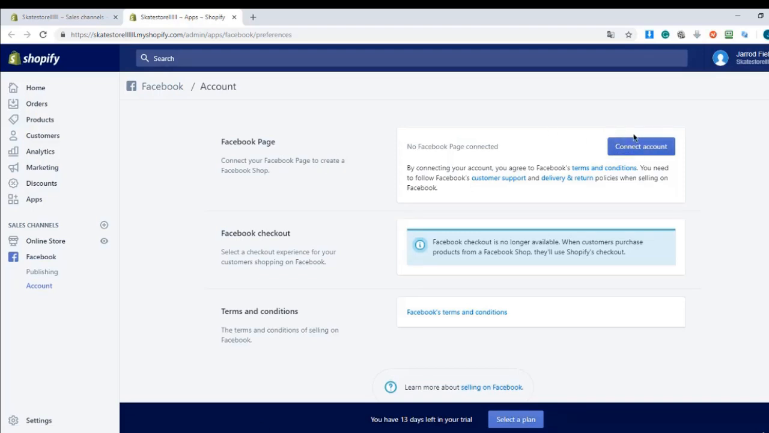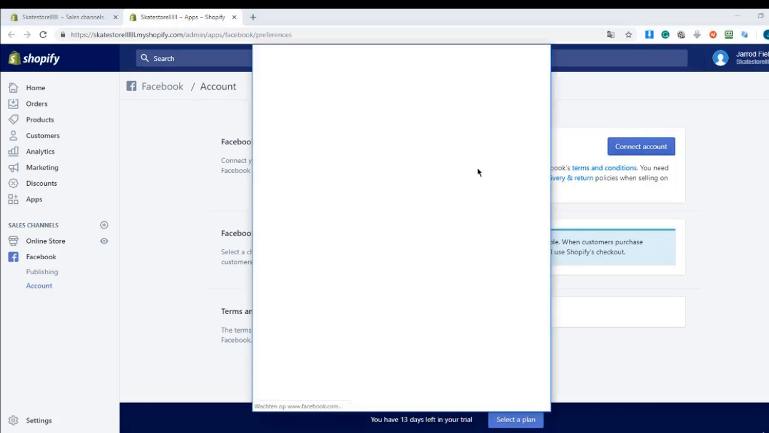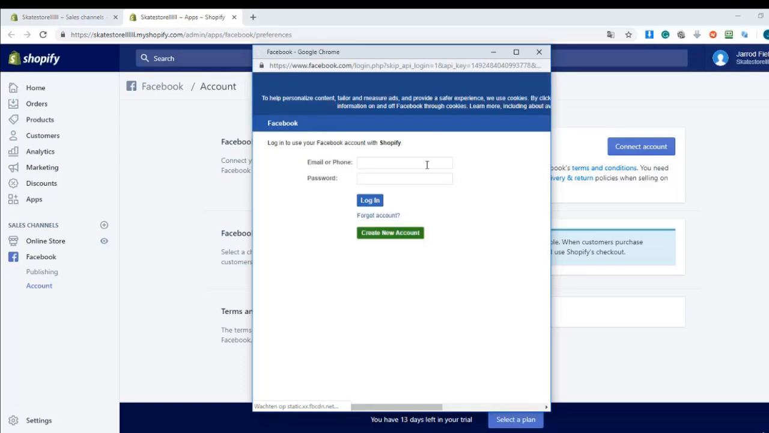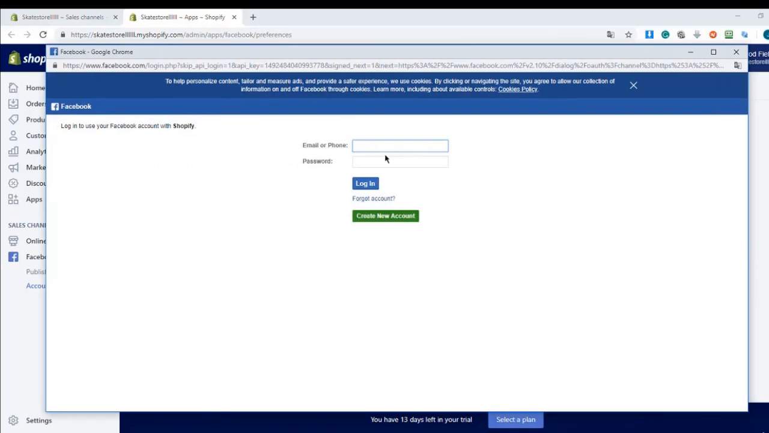Okay, once you're there, you're gonna click on the blue Connect Account button, and you will enter your username and password. I'm gonna click on the blue Connect Account button. Selling on Facebook is a really good opportunity for you. Okay, enter here your email and your password for your Facebook account, and your store will be ready. So I'm gonna exit,